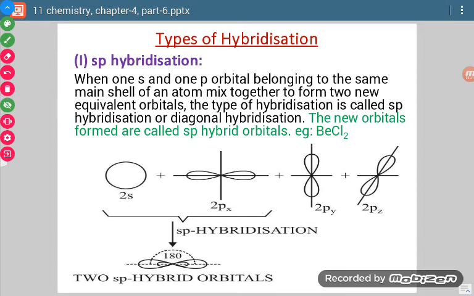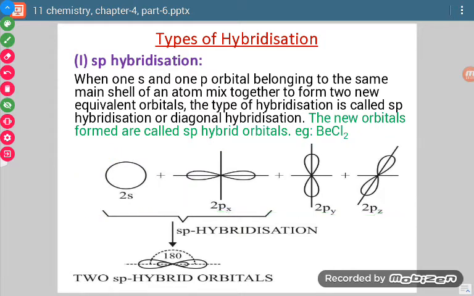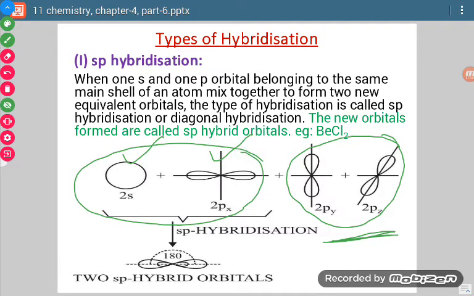Now see, when we take the s orbital, it is like this. When we take the p orbital, all three will come there, because they are degenerate, having the same energy. How many are getting mixed? Those which mix are called hybridized orbitals, and those which are not getting used are termed unhybridized. So in this case, one s and one p orbital combine and these two remain as unhybridized orbitals. Their shape will remain as it is and will not change. But when these two combine, their shape will change.